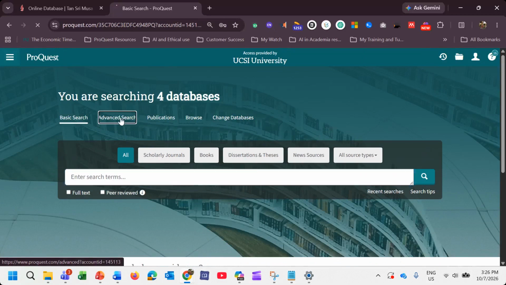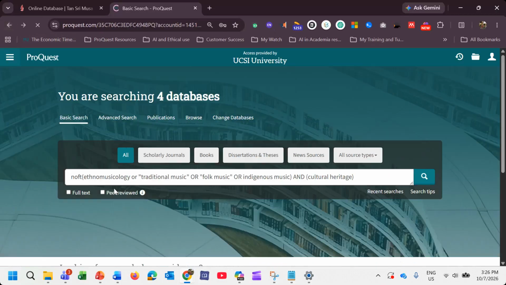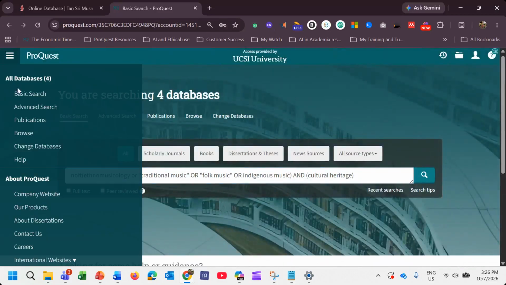For your search examples, it can be any search that is related to music. Let me go back to the main page.